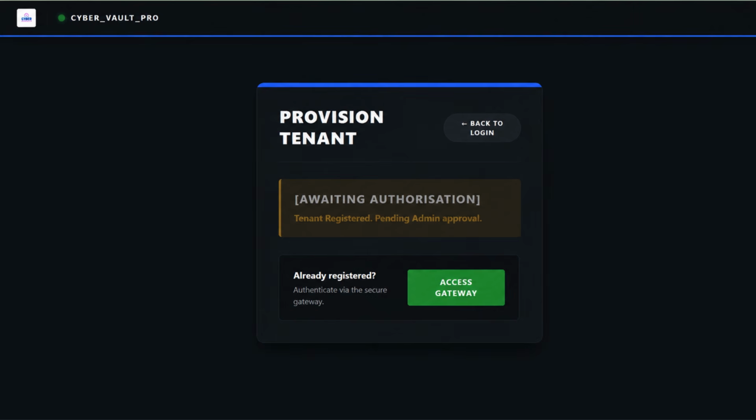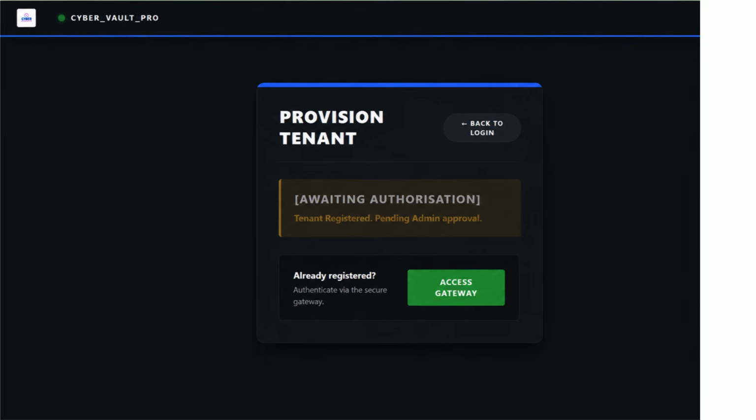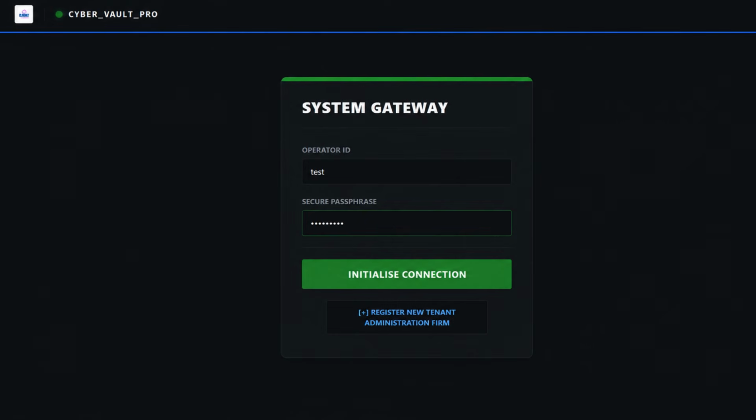Existing users who have already received approval can continue to access their workspace through the secure gateway using the Access Gateway option shown below. After authorization has been completed, the platform is ready for evidence collection, policy management, and compliance preparation activities. Following approval, the administrator can now return to the system gateway and sign in using the credentials created